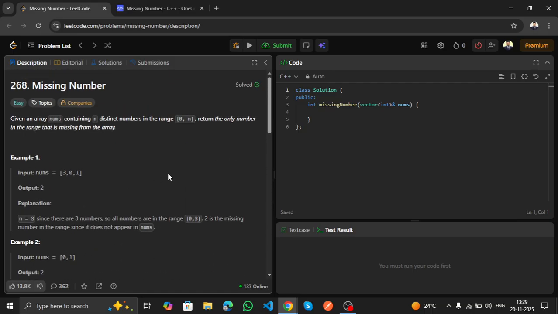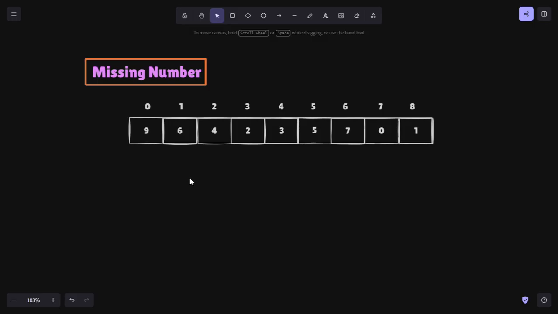Okay, so let's get into the approaches to solve this particular problem. Firstly, what we already know is, let's check the size of this particular array. This is the example I have taken from the problem statement, example 3. So firstly, let's check the size of this array. The size of this array is 9,